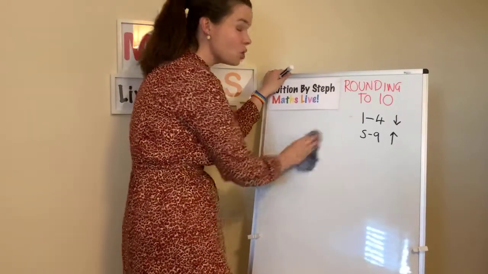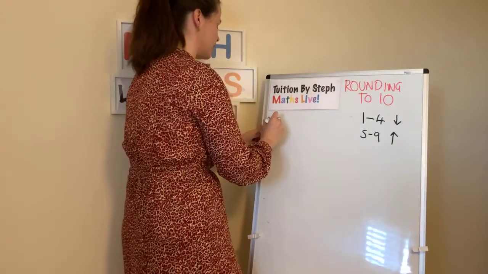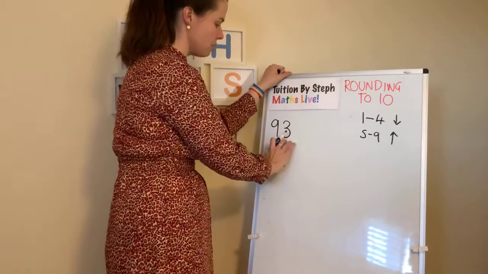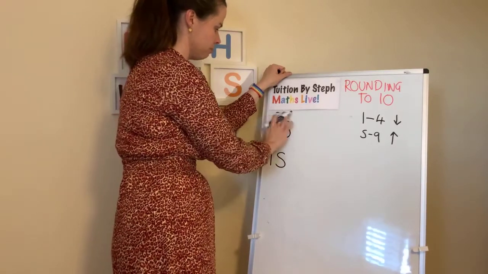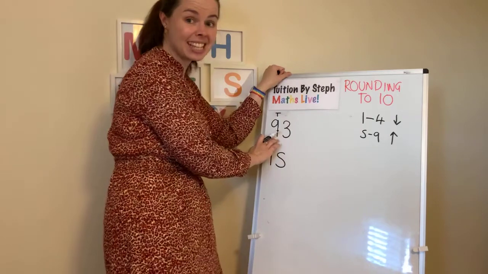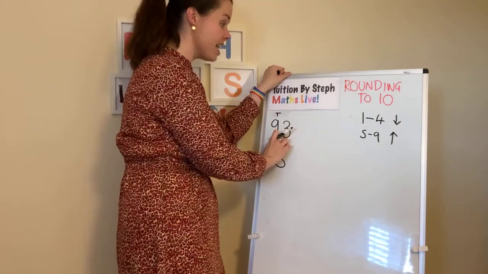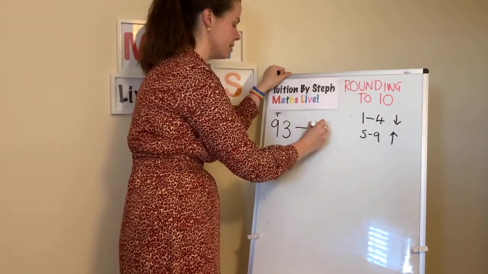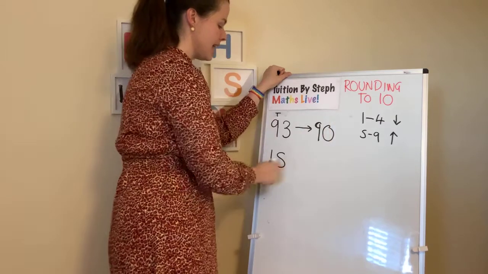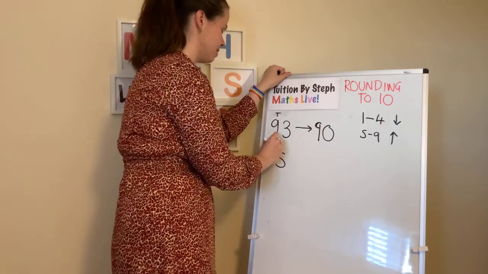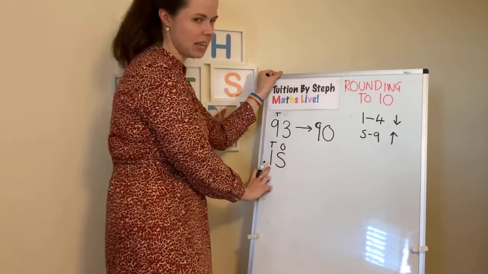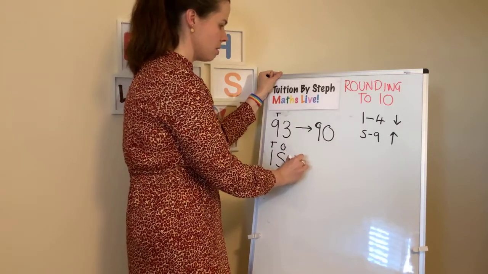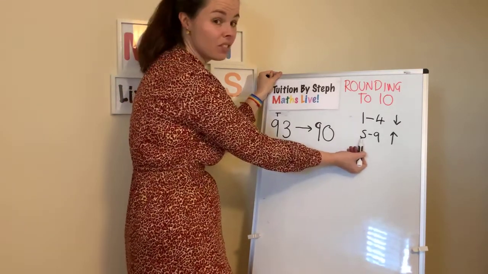Okay. So I'll give you 2 more examples. If we say, I don't know, 93 and 15, because it ends in the 3, we're currently in the 90s. That's the 10s we're currently in. And the 3, we're nearer to 90 than we are to the next 10 up. So to the nearest 10, it's 90. Now 15 is currently in the tens, okay? And it's got a 5 next to it. So when we round it to the nearest 10, because it ends in a 5, we round up